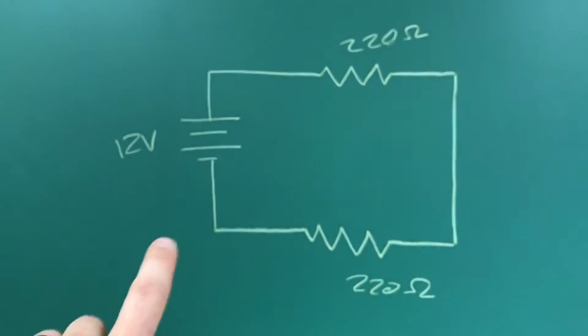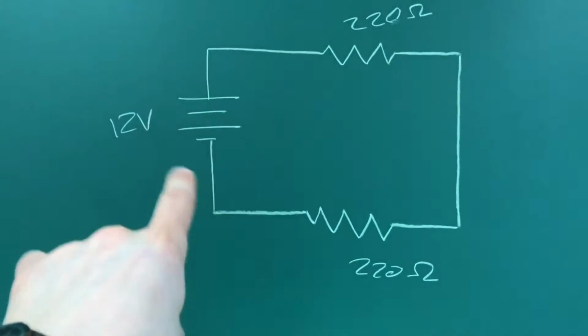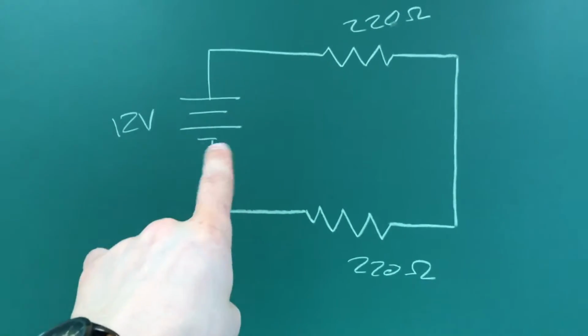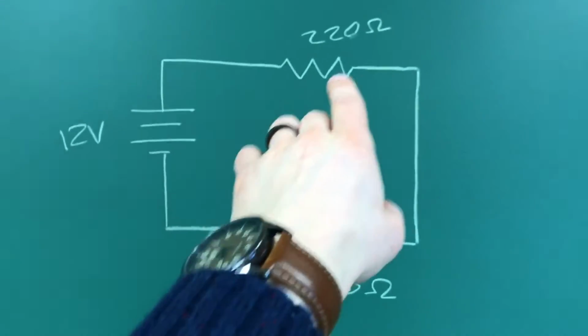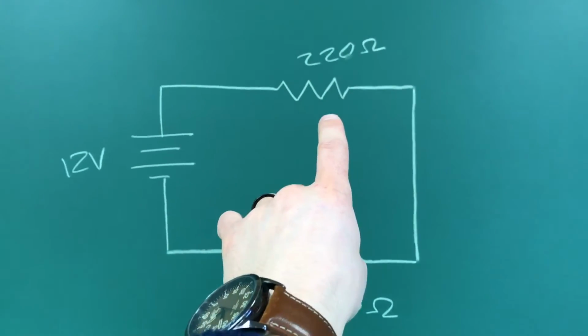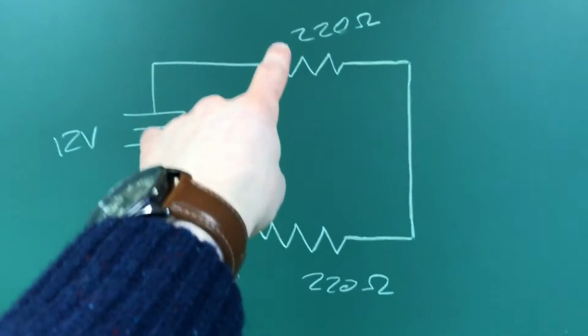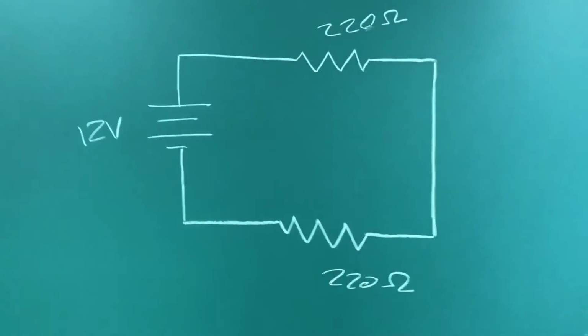Okay, so say we're looking at this circuit, and we have a power source. That's actually the symbol for DC power. That means it's a battery. So say we've got a 12-volt battery, and we have a resistor here and a resistor here, both 220 ohm resistors. Okay, so we know that